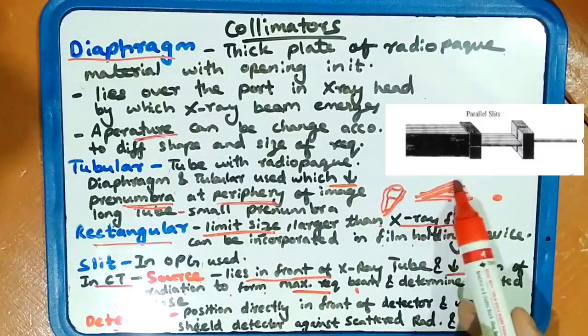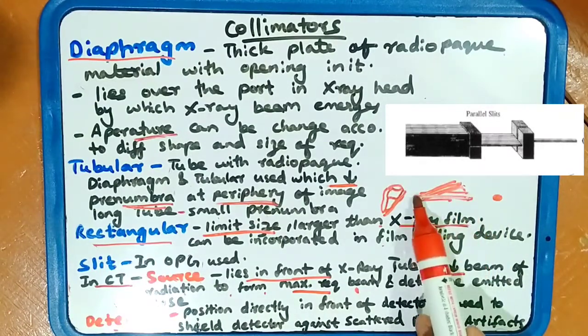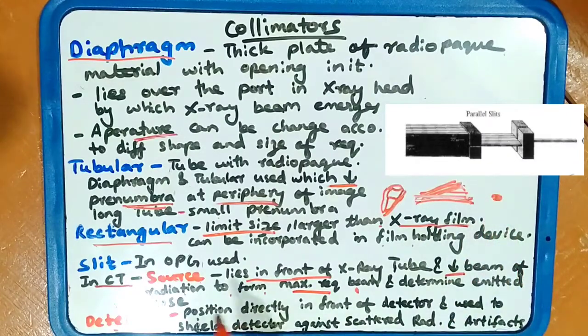When scattering is low, your beam is going to hit the target. So here the radiation decreases. It decreases the radiation and forms the maximum required beam, and it detects the emitted doses here.